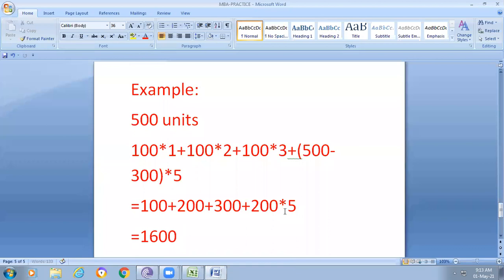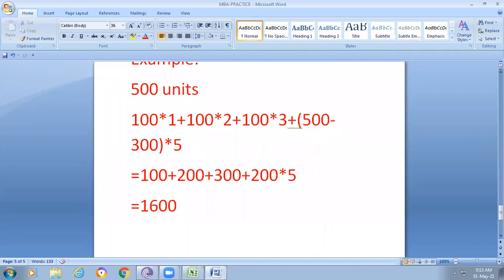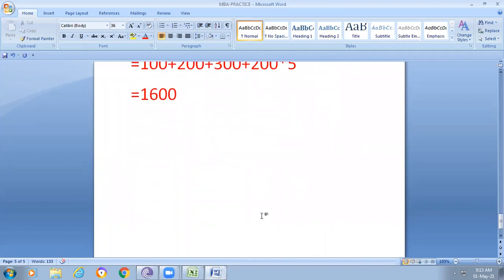In this way, if we are given some units, it will be calculated according to those units using a formula. Then how can we write the formula here? I hope all of the members are able to see the screen clearly. First of all, we are using the IF formula. Remember this: before using any function, we should use the equal to sign.